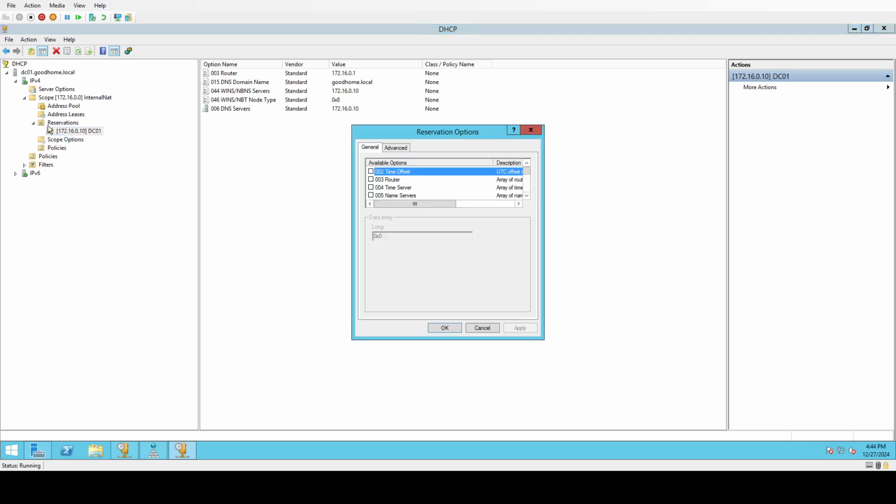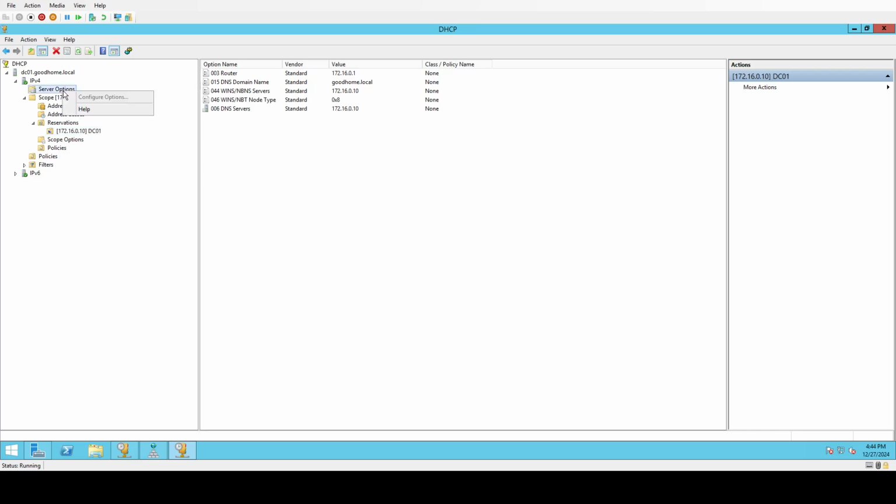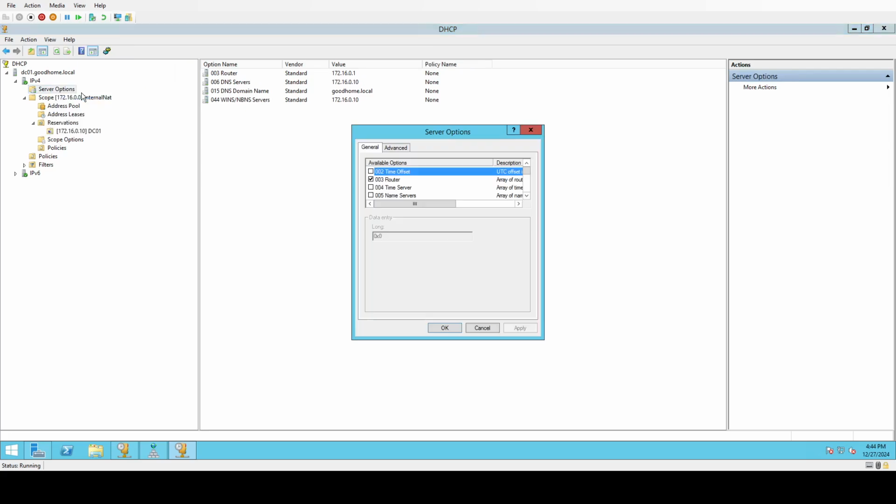So you have to do this on the reservation, and then the IP range that it is configured for. And you can set your options here if they're different for each range. I did them at the server level. Configure options. So any range that comes in will get this by default, and then if you have multiple ranges,